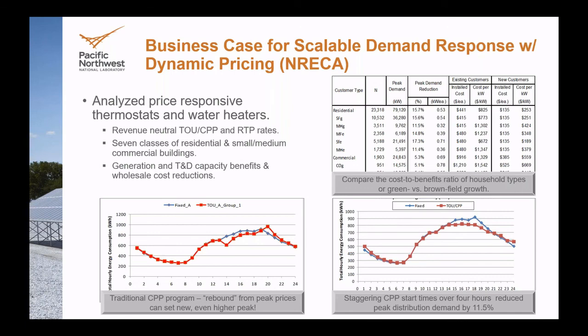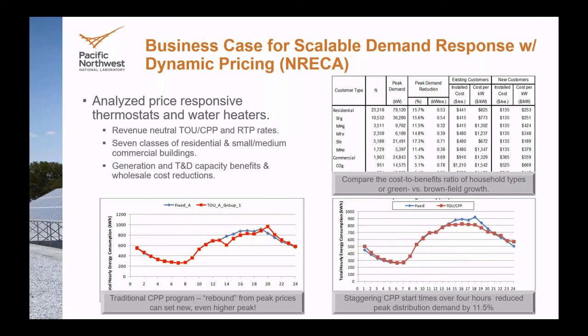A couple things I wanted to highlight on this slide especially were the time series behavior of GridLAB-D, which is especially important. You see the traditional critical peak pricing program, you get this rebound effect. And that is the synchronization effect that I mentioned at the beginning of the slides. So if you do your demand response call about 2 o'clock in the afternoon here, you'll get the load to go down because a lot of your end uses will turn off or the price is too high, so they'll defer. When you release that price around 6 o'clock after you've passed what you think is your peak period, everything